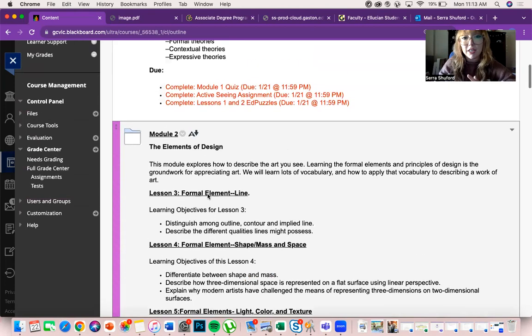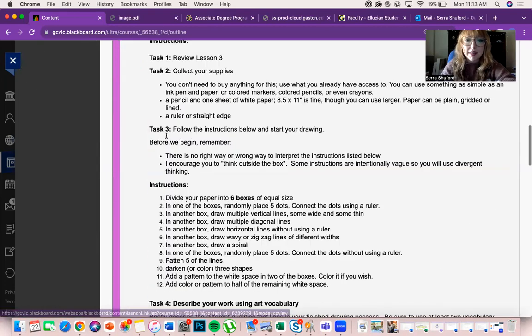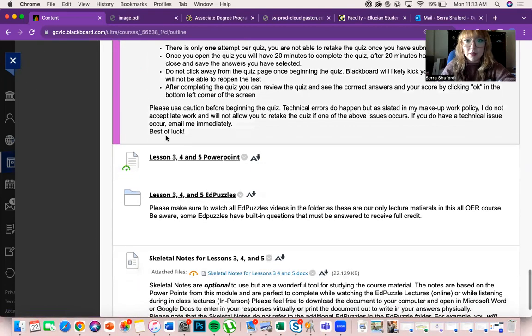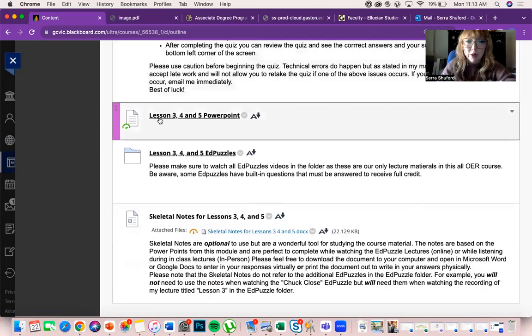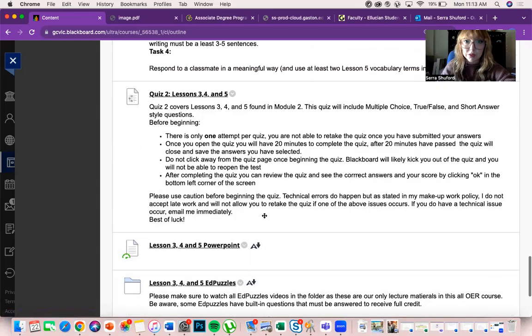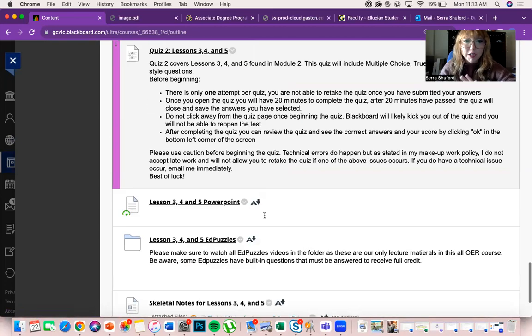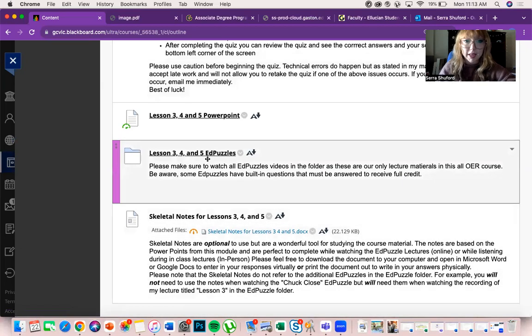The only things you should see in Module 2 right now are the lesson 3 line drawing discussion. You'll also see the PowerPoint, the Ed Puzzle folder, and then the skeletal notes. So first, let's acknowledge what the Ed Puzzles are going to be